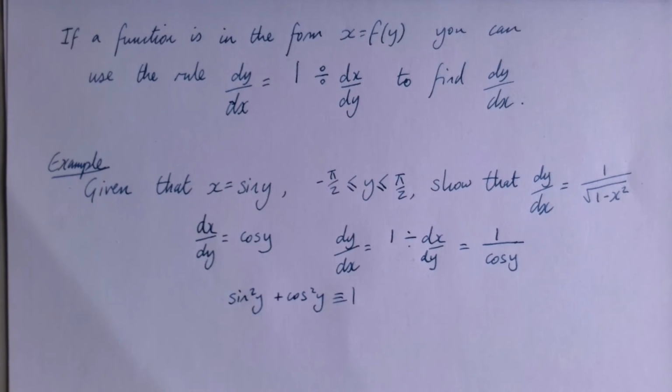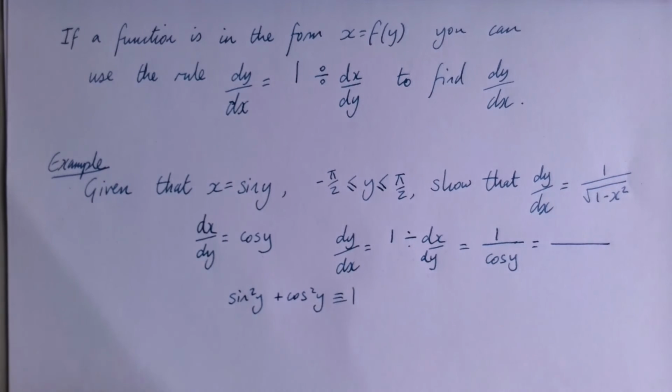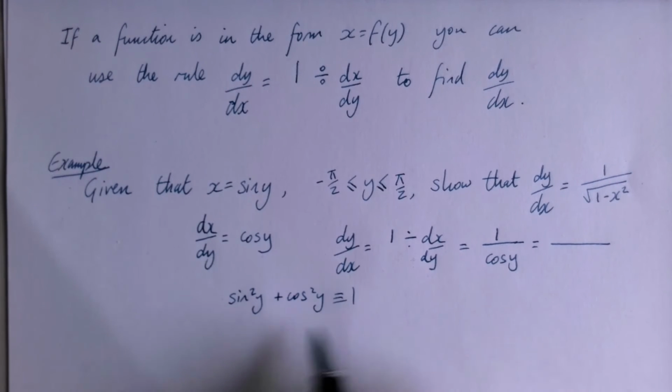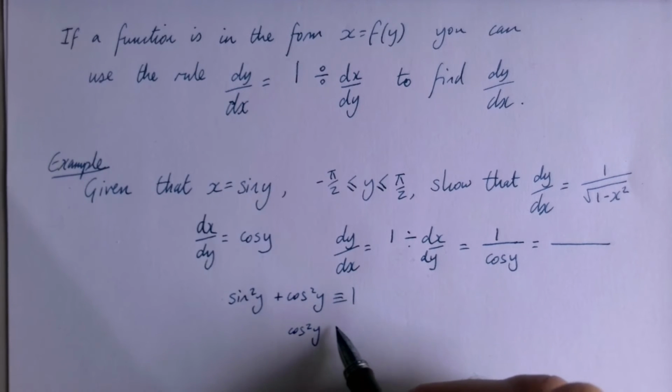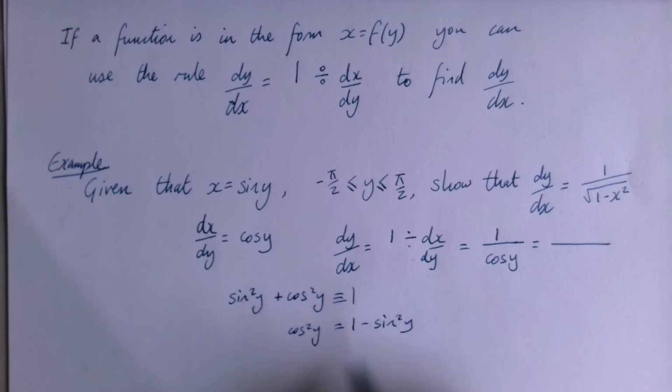And then I'm going to replace that into here. So I'll do a little bit of work with it first. We know that cos squared y is going to be 1 take sine squared y,